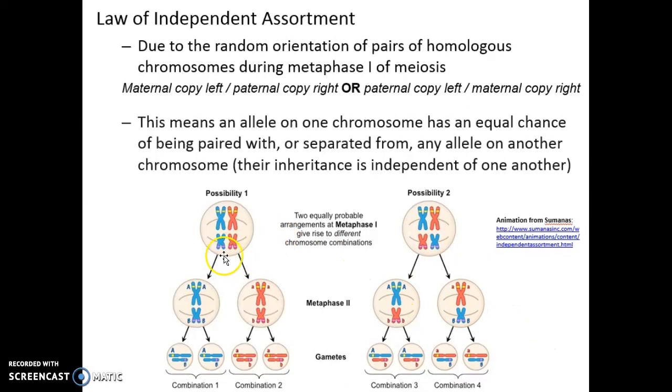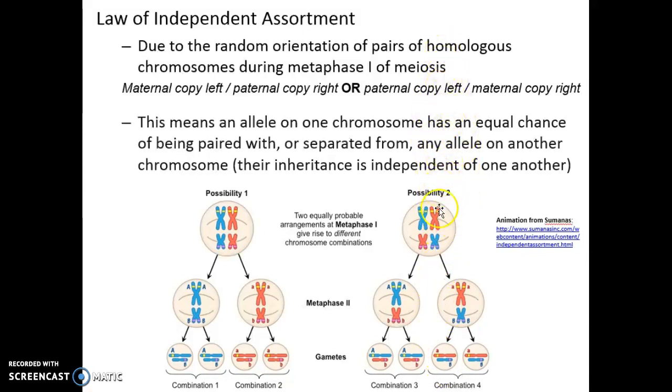So if we come back here looking at our possibilities again, we can see all of dad's copies can be on one side and all of mom's copies can be on the other, or we can have a mixed match of each. And so depending on how they line up and segregate during meiosis 1, remember meiosis 1 separates the homologous chromosomes, meiosis 2 separates sister chromatids, is going to determine which combination of gametes you have. Now, this is a really simplistic version because it's really only showing the inheritance of 2 chromosomes. So if you look at us, when we have 23, there's a ton of different types of alignments